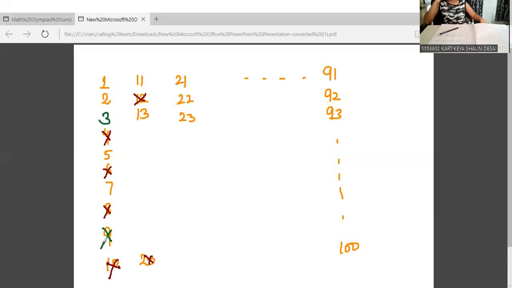And all the numbers which are divisible by 4, every fourth number is divisible by 4. And you can see all the numbers are deleted already. 4, 8. Karthika, can you say that every number which is divisible by 4 is also divisible by 2? Yes. And similarly, every number which is divisible by 6 should be divisible by 2 and 3, its factors. Do you understand that?